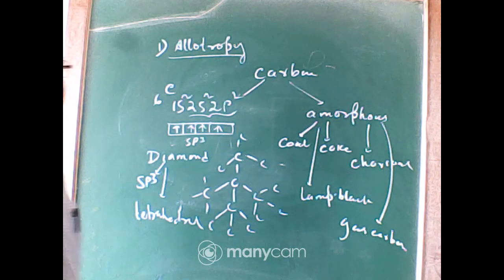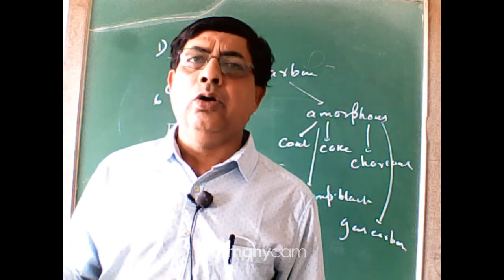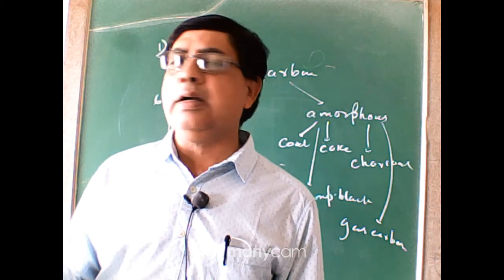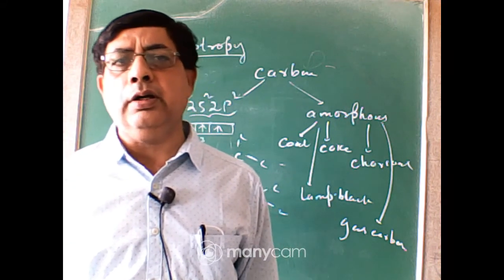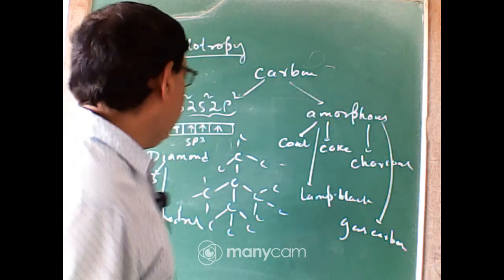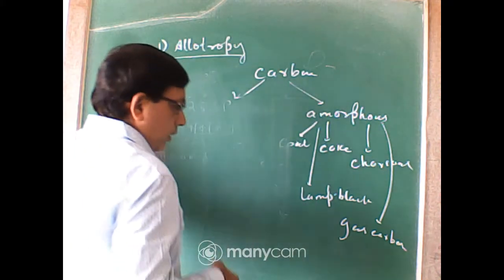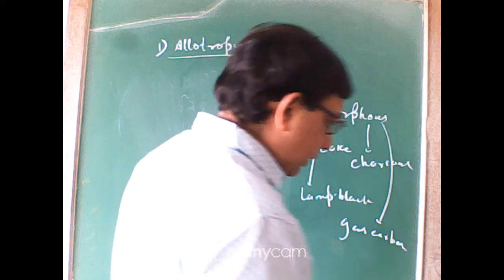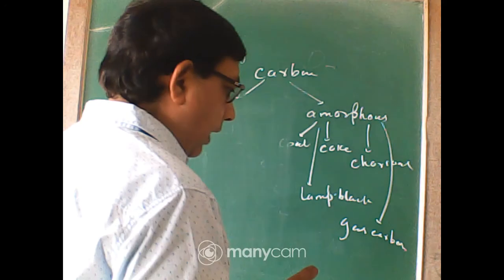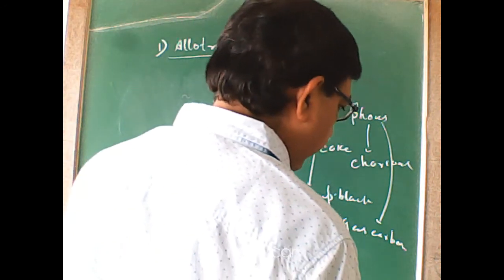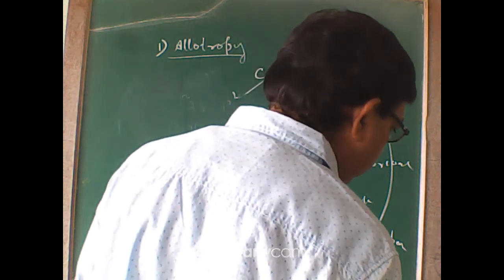Due to its very hard nature, diamond is used to cut glass or rock. Black diamond is mainly used to cut glass or rock. Another type of diamond that glitters very strongly is used as jewelry to prepare ornaments. Students, you must remember the two important questions of diamond: why it is very hard and why it is a bad conductor of electricity, and the hybridization of carbon atom in diamond and shape of the diamond molecule.